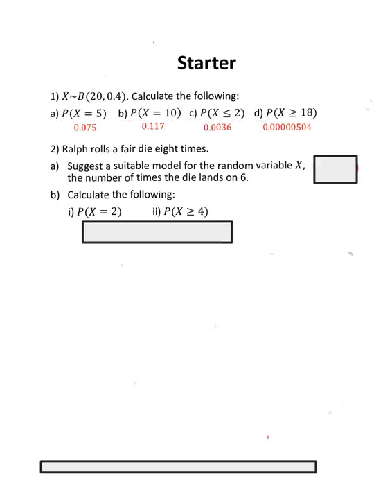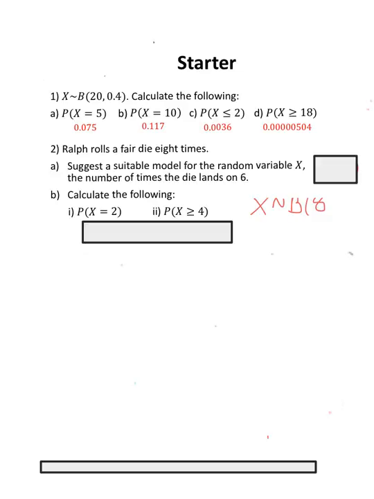Right, following on from that, we have question 2. Ralph rolls a fair dice 8 times, or die. Suggest a suitable model for this. Now, we can say we've got a random variable x. It can be modelled on a binomial distribution. Why? Because we've got a fixed number of trials. The trials are independent, and there's a constant probability of success. So our n parameter is going to be 8,